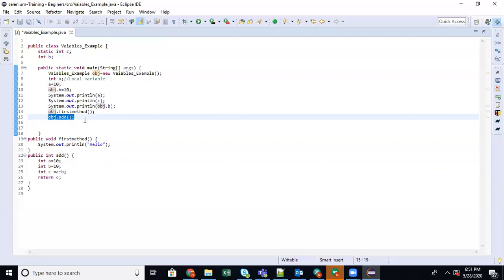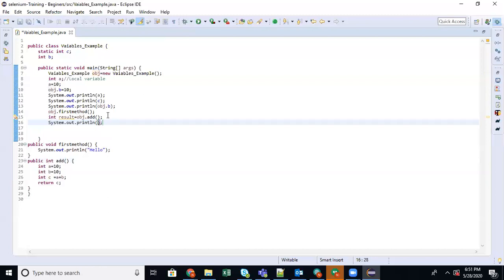When it is returning, you need to see, it is like I'm throwing a ball from one place. You need to catch it, in your hand or in a basket, anything. Otherwise, it will fall down again. Similarly, it is returning a value which is of type int. You need to take it in some storage box so that you will be able to print the same or do any action.